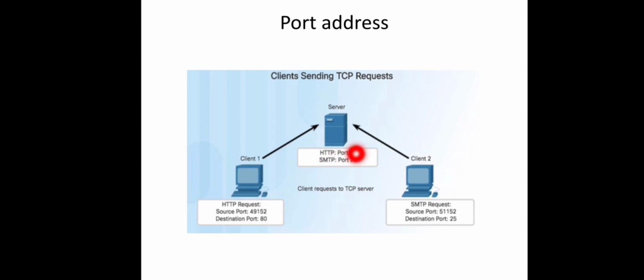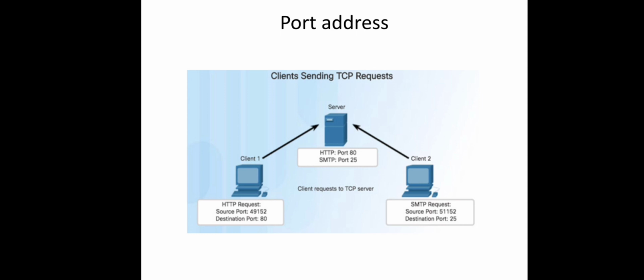For an HTTP request, we have the corresponding port number which is already reserved, that is port number 80. Corresponding to each request, here client 2 is issuing some SMTP mail request. The corresponding port number is 51152, managed by the well-known port number 25, SMTP, in the server. Like that, every communication is between a pair of processes, and these processes are identified using port numbers.